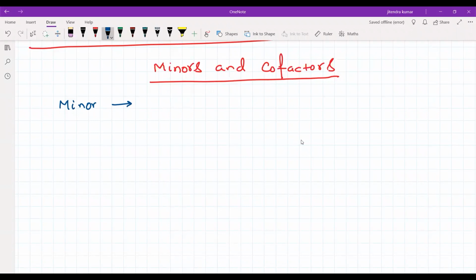So minor is about the elements. We use the term minor for all elements of any determinant. Every element of any determinant has one minor. So how can we find a minor? So minor of any element